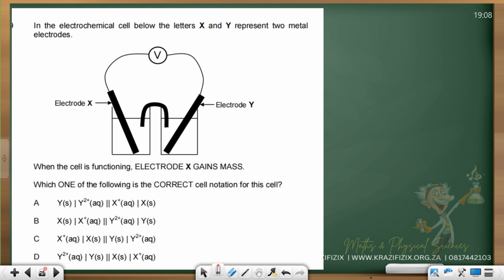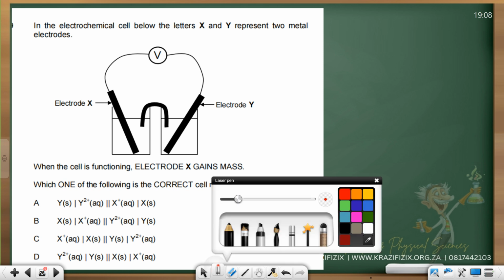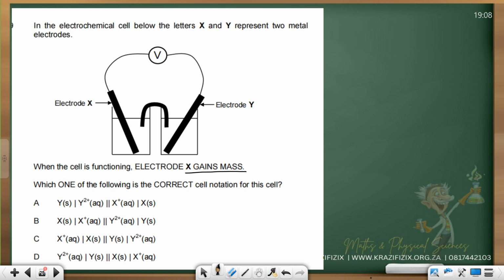Wait, what's the correct answer? You get this one and then you go. No. In the electrochemical cell, the letters X and Y represent 2 metal electrodes. All right? Check. When the cell is functioning, electrode X gains mass. So what does this tell you? It is cathode. Good. Undergoes reduction. Lovely. Undergoes reduction. That's my anode. How would you write your cell notation? Which one is correct? Remember, they said cell notation is